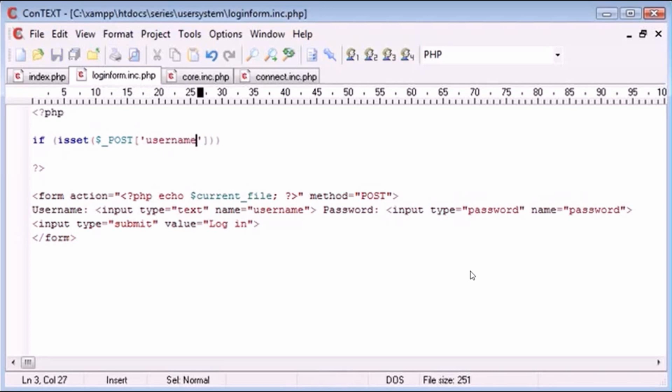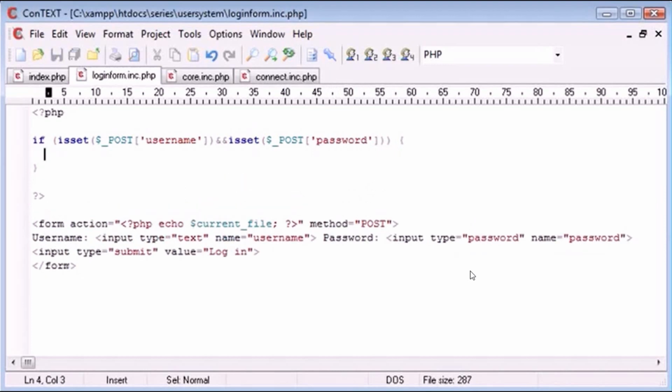So we're saying if isset, and we're wrapping that in brackets, and we're specifying this post data that's coming through, and we're saying and isset $_POST, and the password as well needs to be set, and then inside the block we're checking if it's empty or not. So we're first of all saying is it set, and if it is, we're running this block. And now we're saying if not empty,